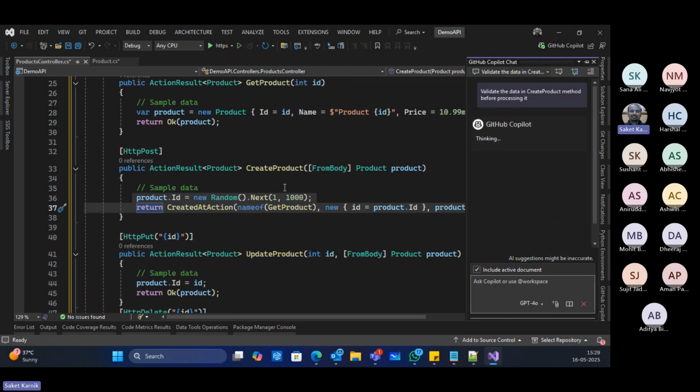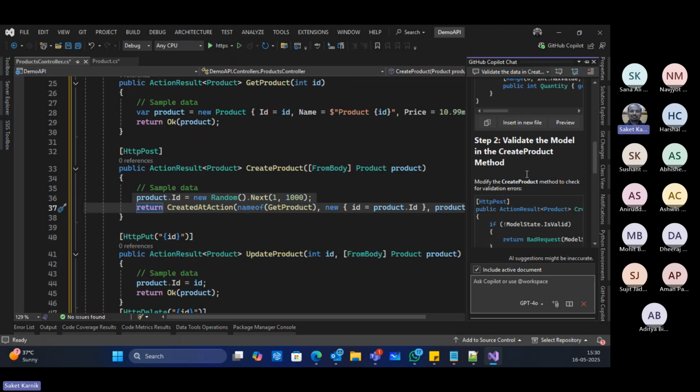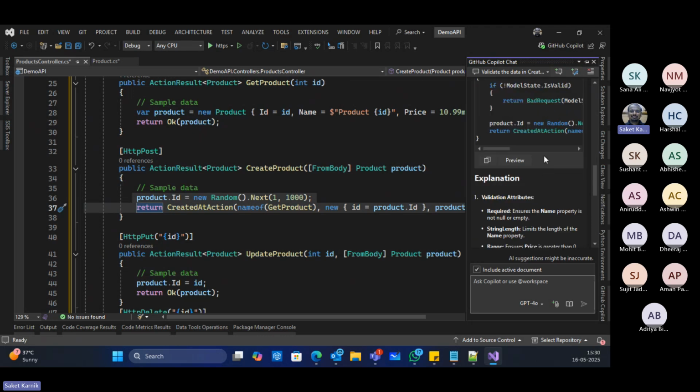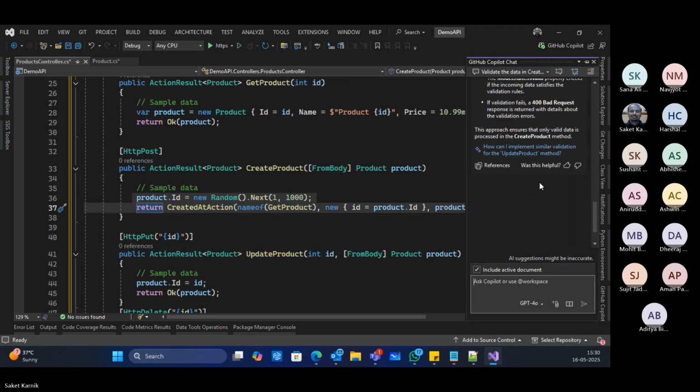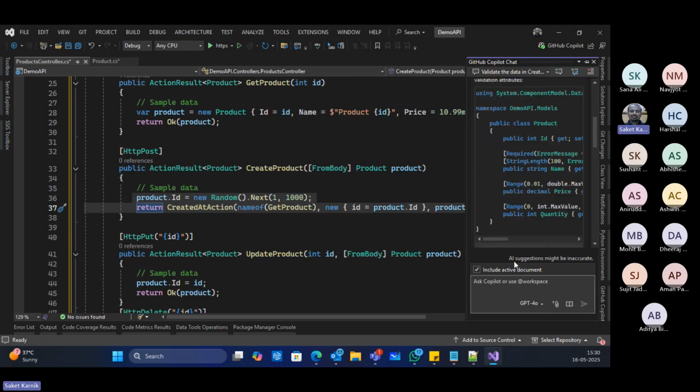It will read the create product method automatically. And then it just suggests you what all things are required. How you need to add the data annotations, how you need to change your code in the create product method, ModelState.IsValid. These are the regular practices, isn't it? If you feel that no, I want fluent validation, you can put a prompt. Do it using fluent validation. Redo this using fluent APIs.